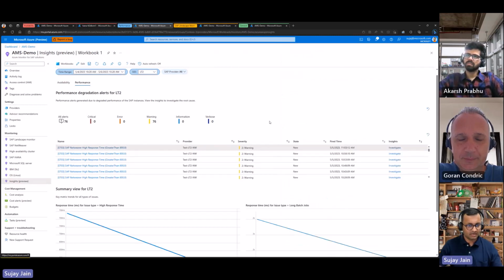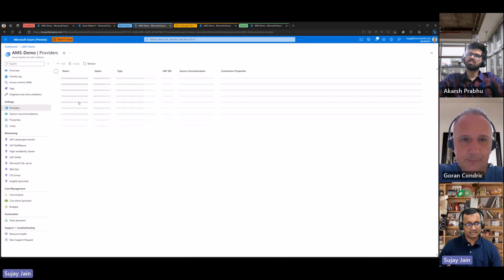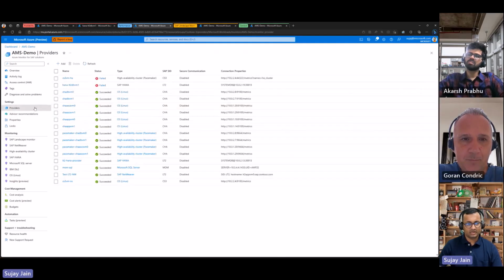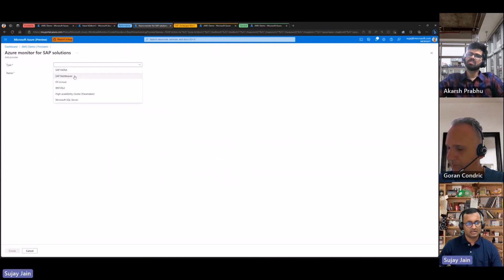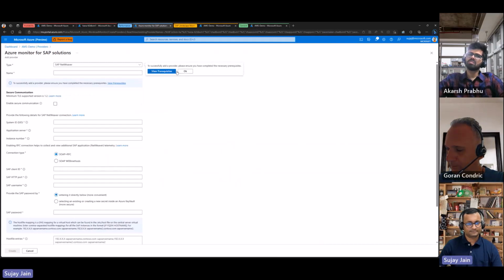So for performance, we will continue to add more and more scenarios. And we are extending it to not just NetWeaver, but HANA and other parts of our AMS providers as well. And apart from that, as I talked about secure communication, when customers are creating providers, they can add a provider and we give them the option right there to enable secure communication.